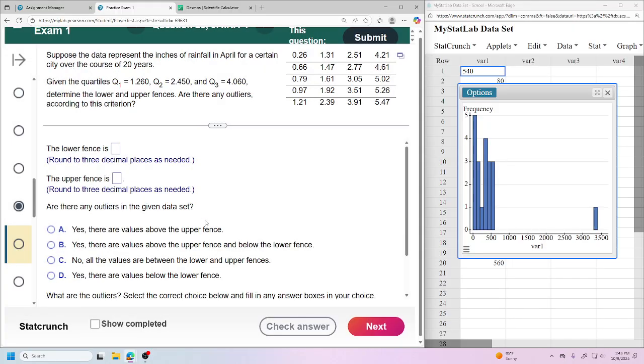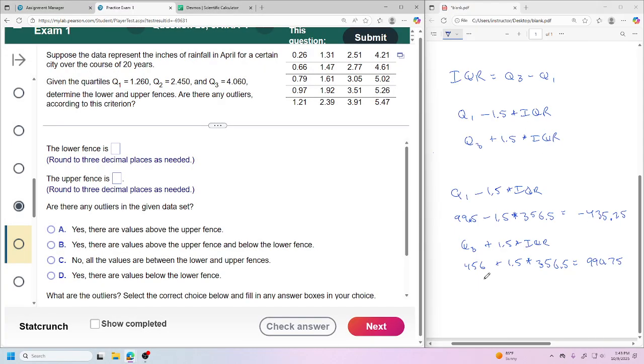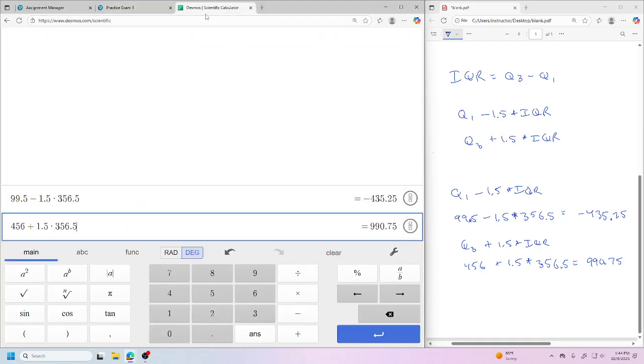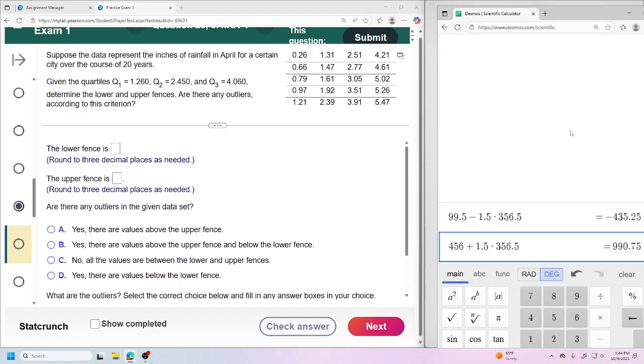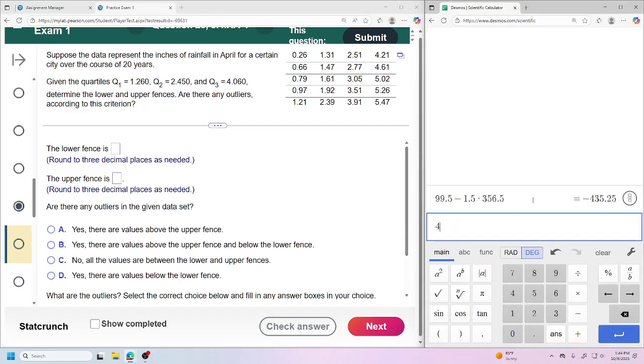Let's keep cruising. Okay, so very similar. Notice these fences. The reason why I was doing all this was because of these guys right here. So let me go through. Oh wait, we already have all this right here. Look at that. Okay, so let me show you what I'm going to do. I'm going to get Desmos out, and I'm just going to do Desmos the whole way through.